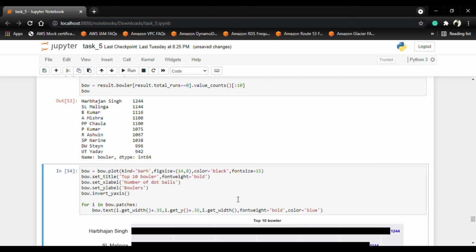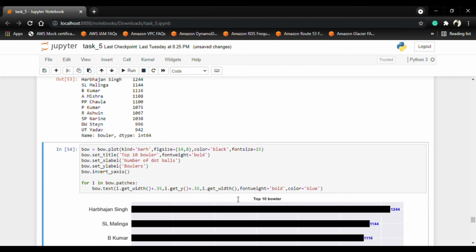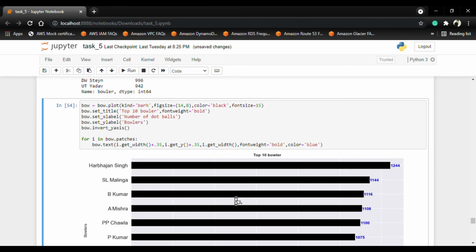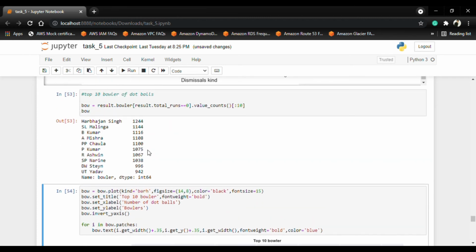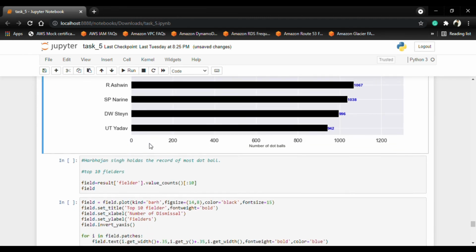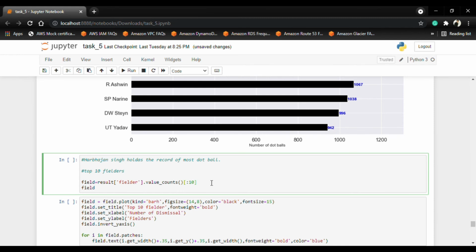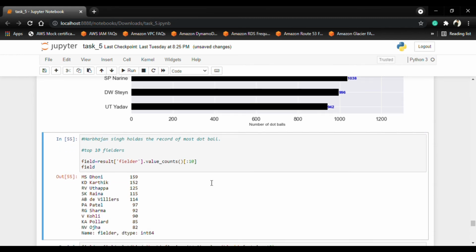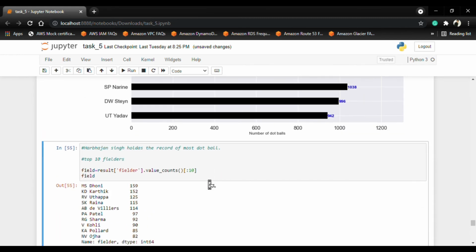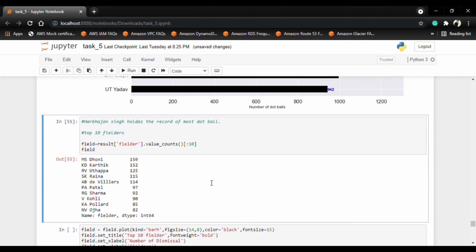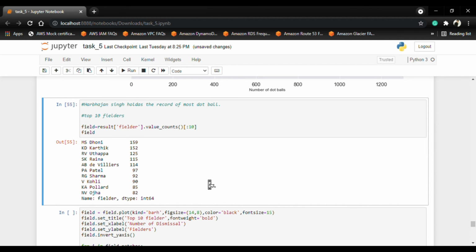In the next cell, this is the top 10 bowlers. We have plotted a graph with this result. So now we are going to check the top 10 fielders, and MS Dhoni is having the first rank with a result of 159, and then Karthikeya 152.